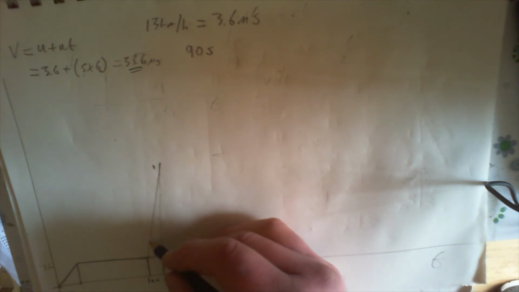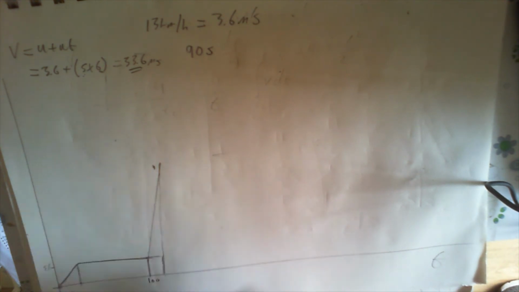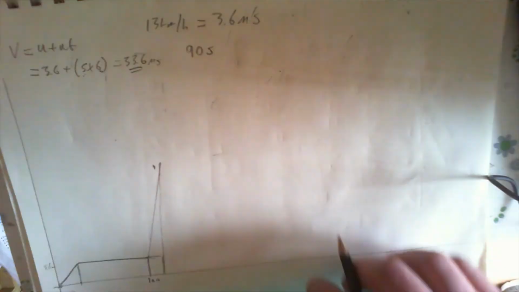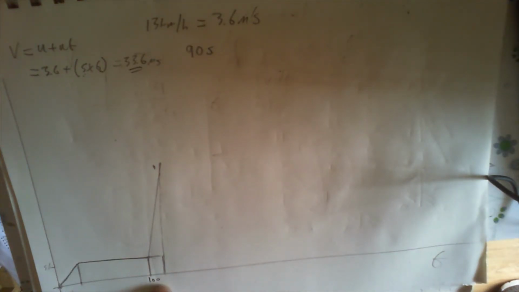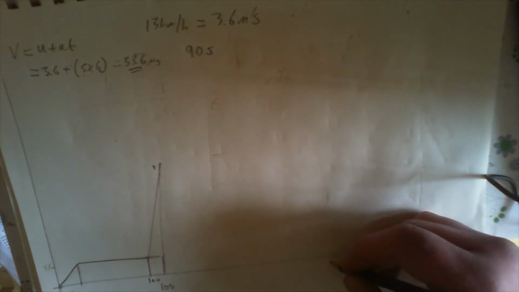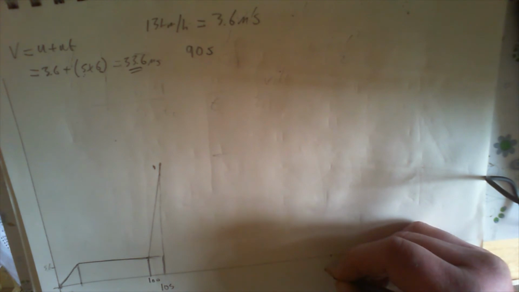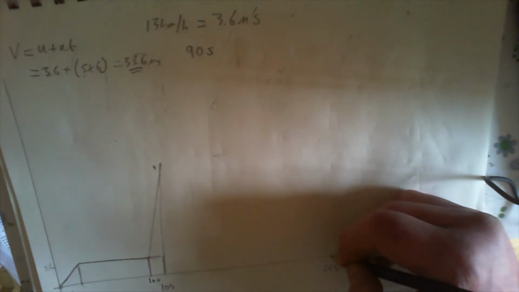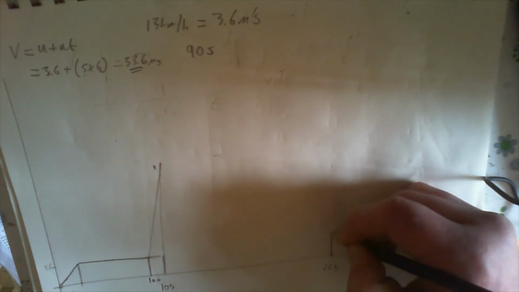And then so what happens now, constant velocity for 2 minutes, 120 seconds, so this is 105 actually, so it's going to go up to something like 225, right,